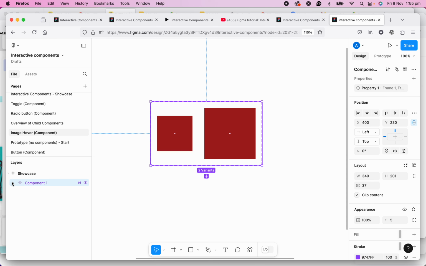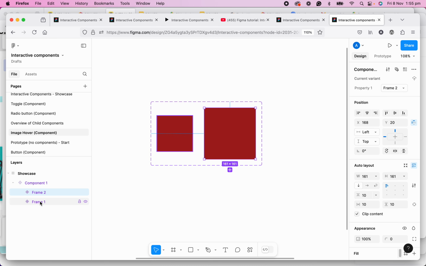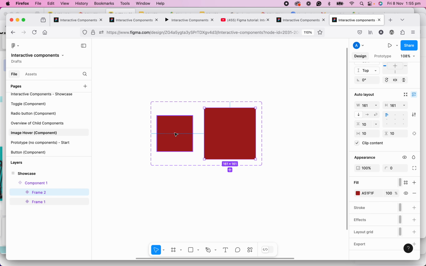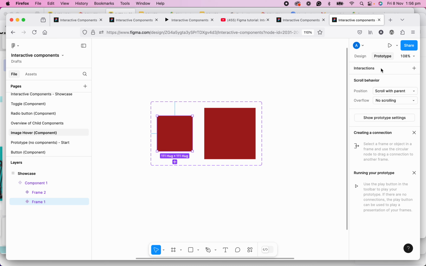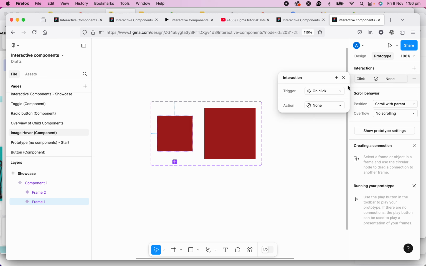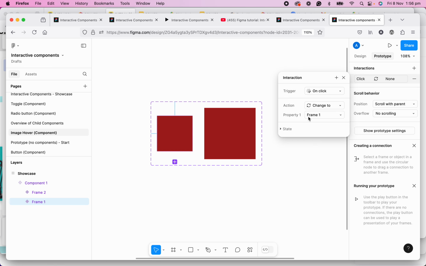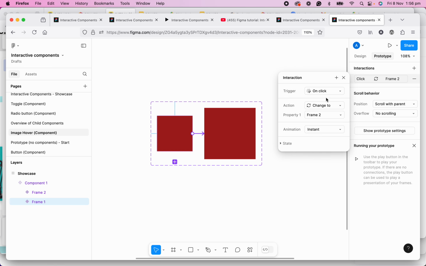So that way it already has the variants. And then I just do the prototype, and I'm going to add some interactions. I'm going to do on click and change to frame 2, and let's smart animate,